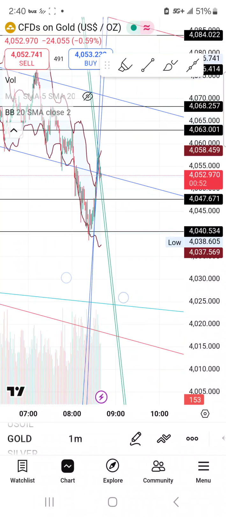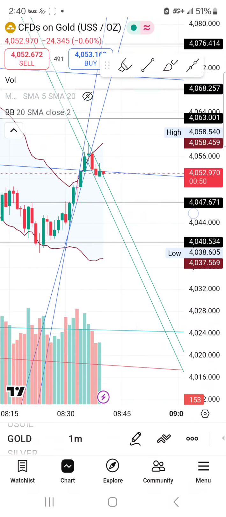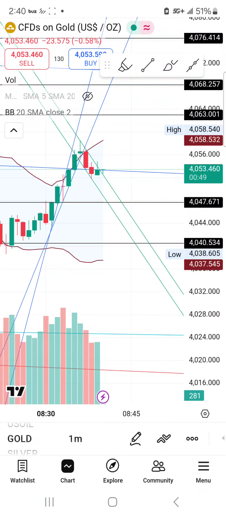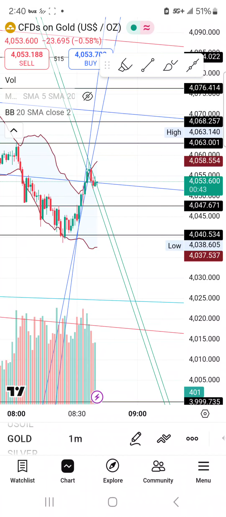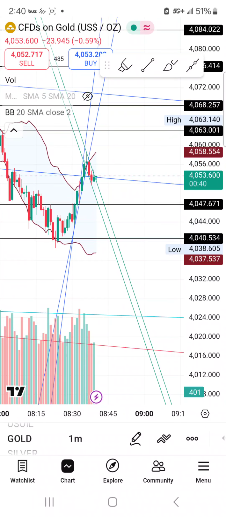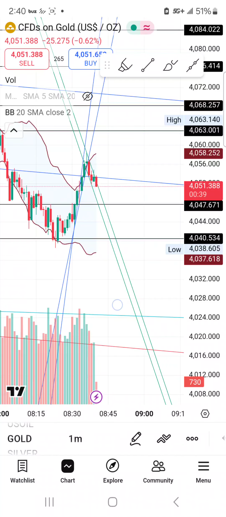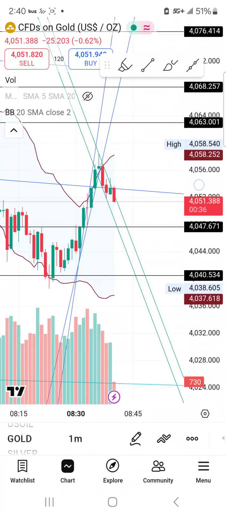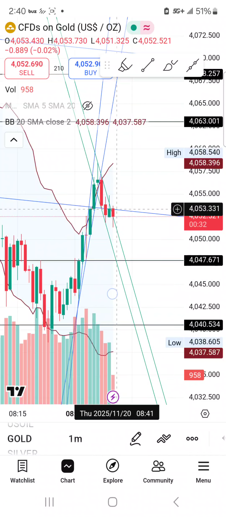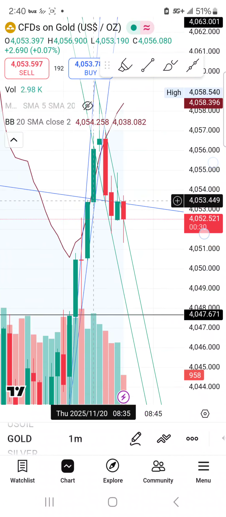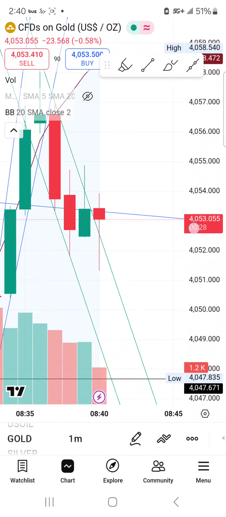Again, I don't trade gold much, well, I don't trade gold at all. But analyzing a chart is analyzing a chart. Everything is consistent throughout the market. Analysis can be applied to anything, and there it is. Rejection, beautifully off of the blue, just a little bit higher. And then, oh, look at it.